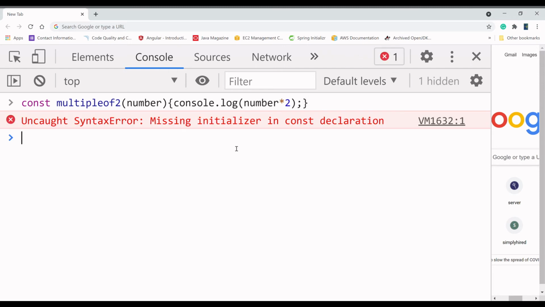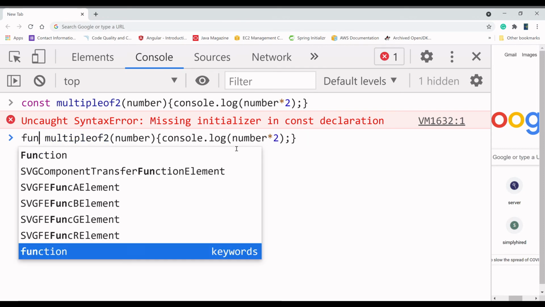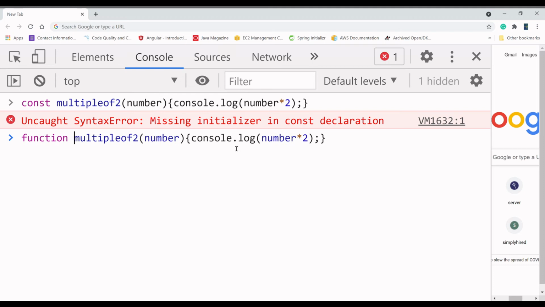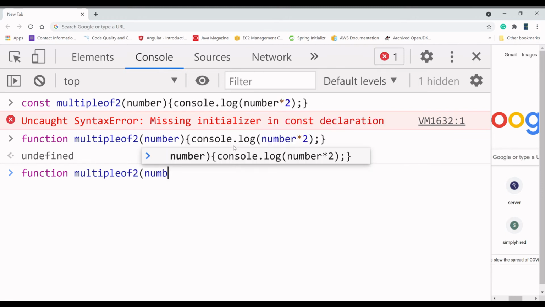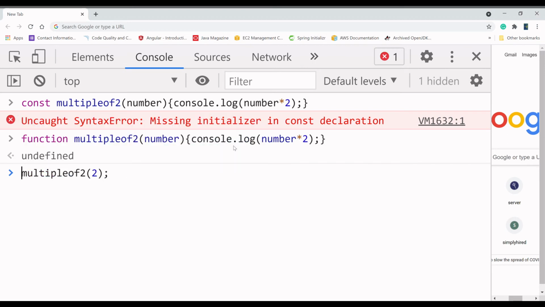Okay, this is a function. Now if we run this with the value 2, we are going to see 4 as the value.